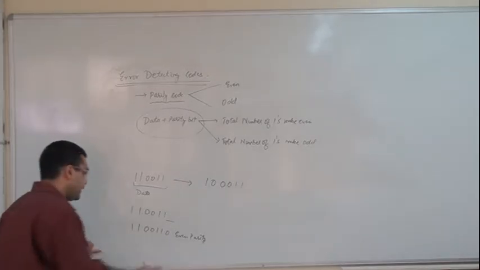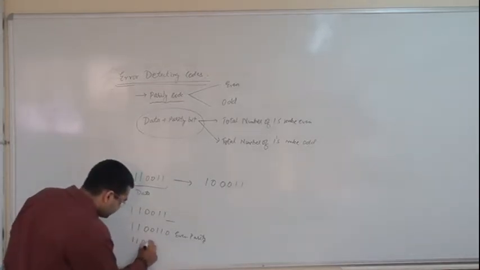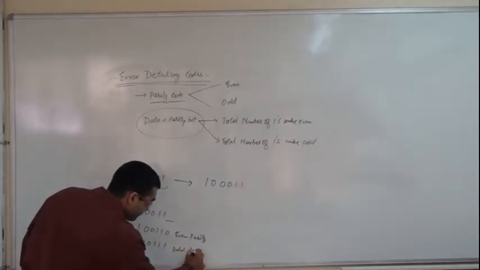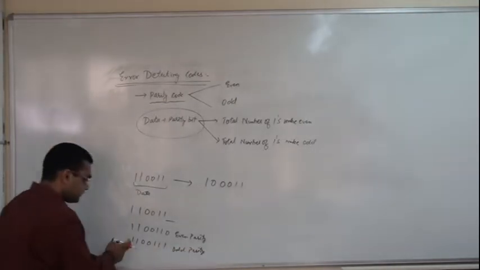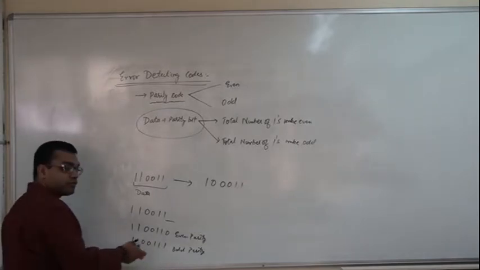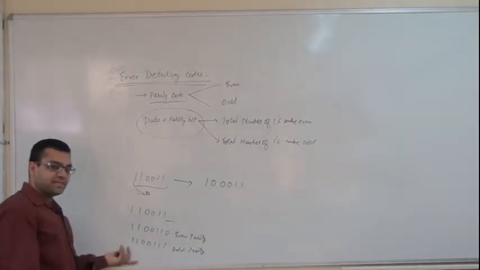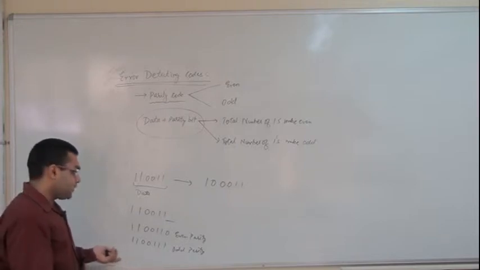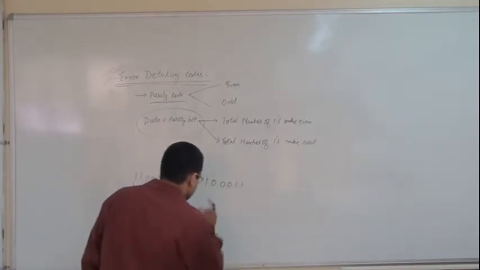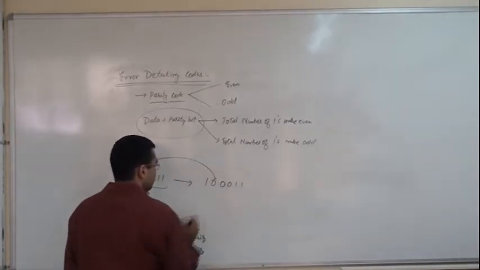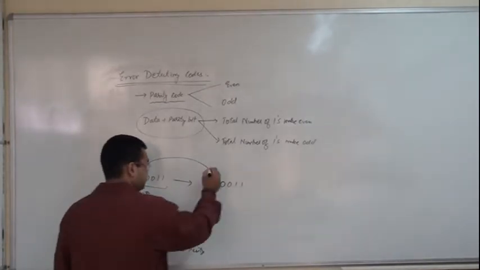If it is an odd parity, then because you can check, this is 1 2 3 4, 4 ones were there, and the total number of ones has to be odd, so we append a 1. Total number of ones is 5, that is odd. Now in the transmission, again we'll take the case that the second bit has got flipped, a single bit error.